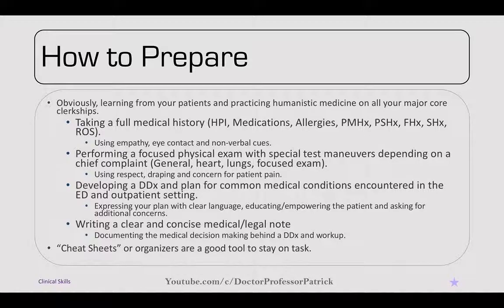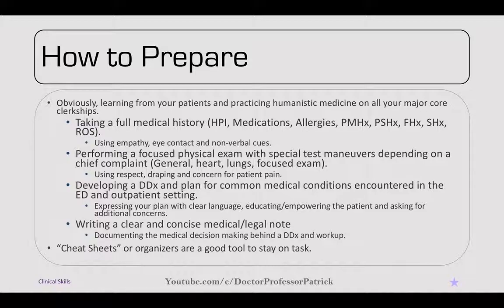And then next, you're going to want to develop a differential diagnosis and a plan for these common medical conditions that you're going to see in ED and outpatient settings. There's a list we'll go over later of the common medical conditions or chief complaints that they'll present with. And you'll want to be able to come up with a plan of at least 3 options of what it